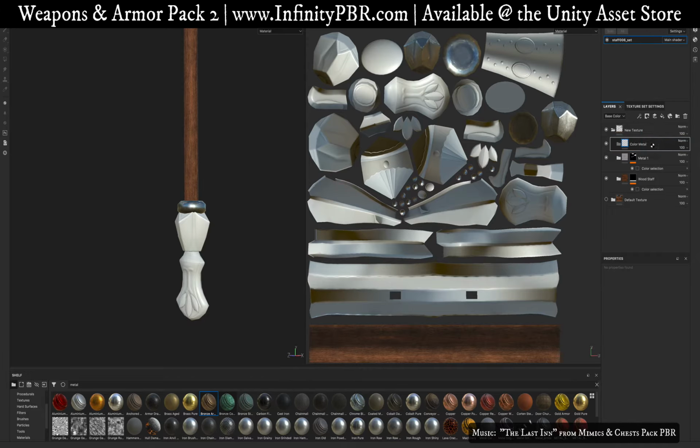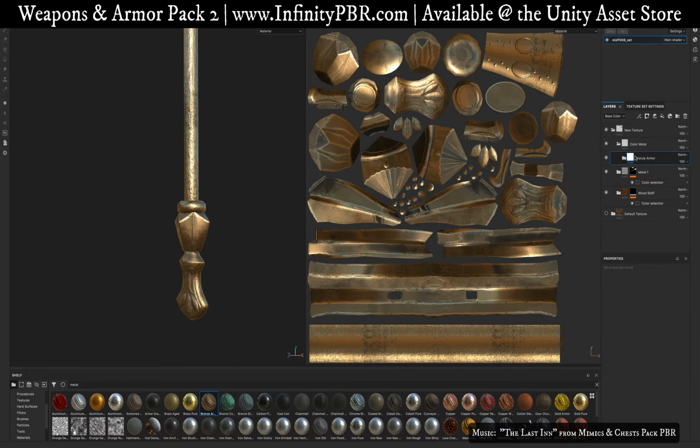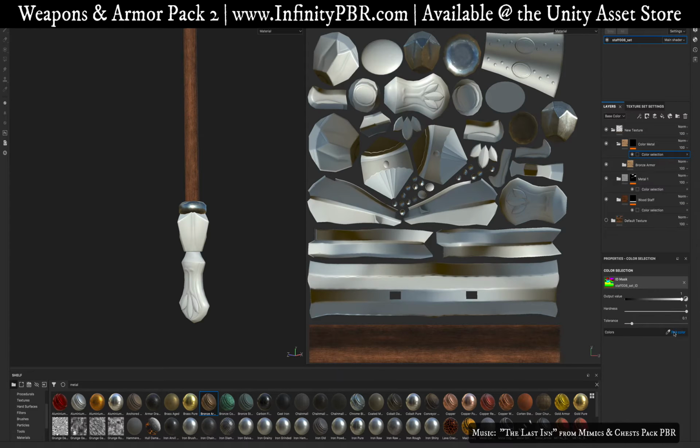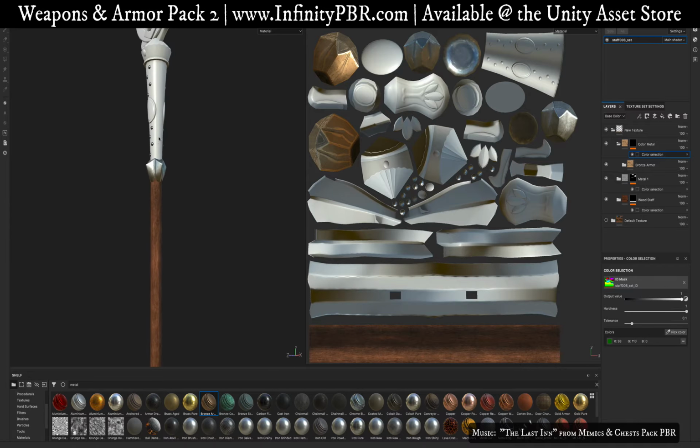Let me try this bronze armor. That's a pretty nice look. This is a smart material. It's got all these extra filters on it, so it's not just a flat metal color. I'm gonna start this with a color selection, so I just put it down there, and maybe